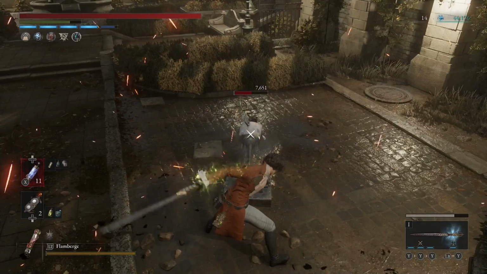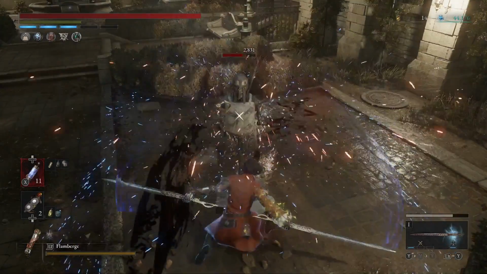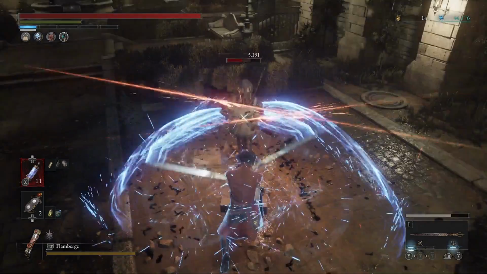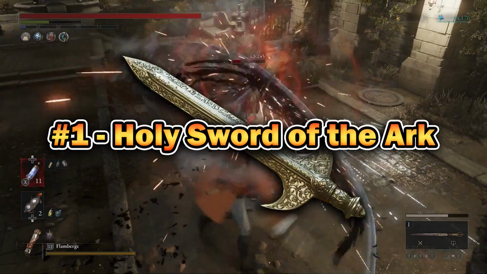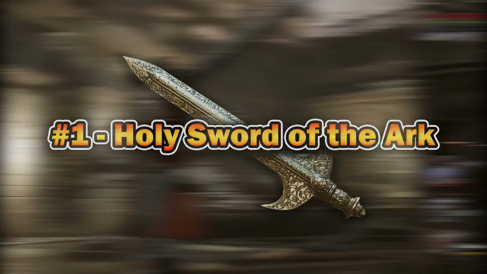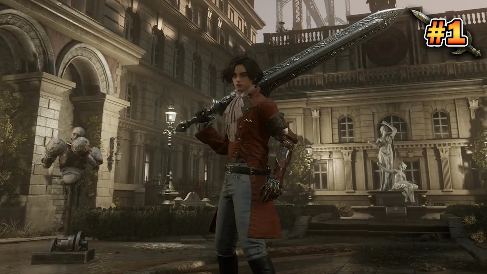just not as good as this next weapon I'm going to talk about, and the weapon in the number 1 spot can also be obtained as early as chapter 3. Of course, the weapon that is going to be in that number 1 spot is the Holy Sword of the Ark. You get this by defeating the King's Flame Fuego, and the gimmick with this weapon is it's not just